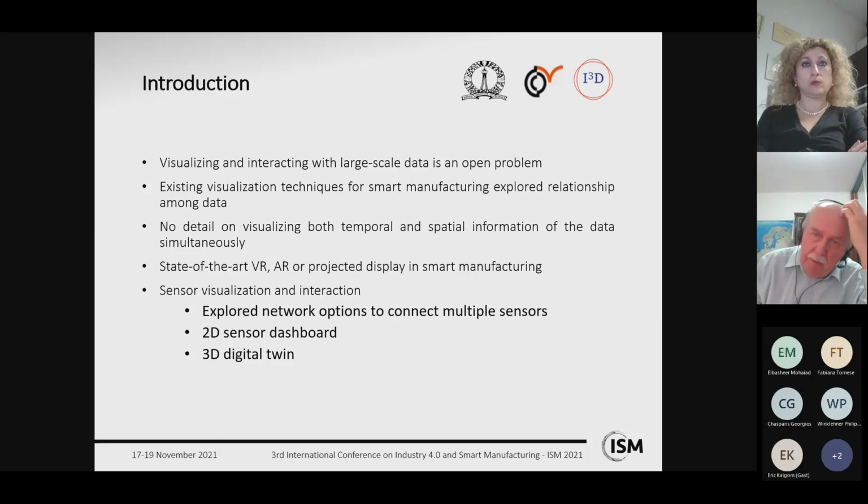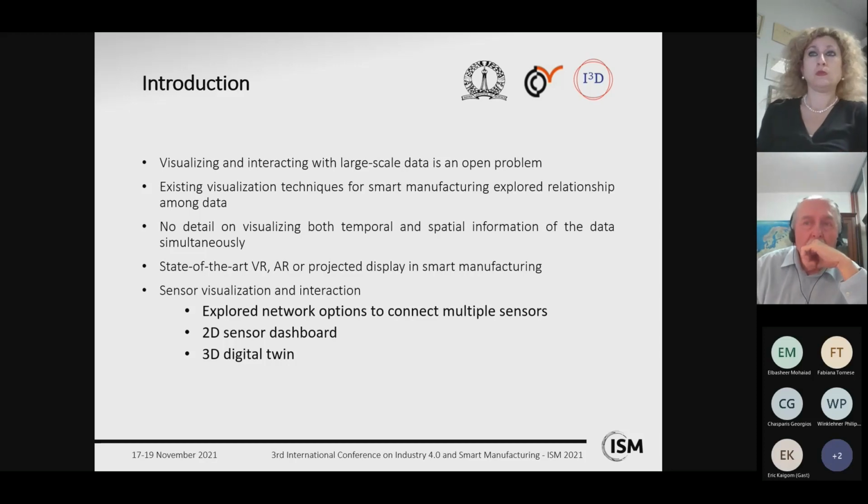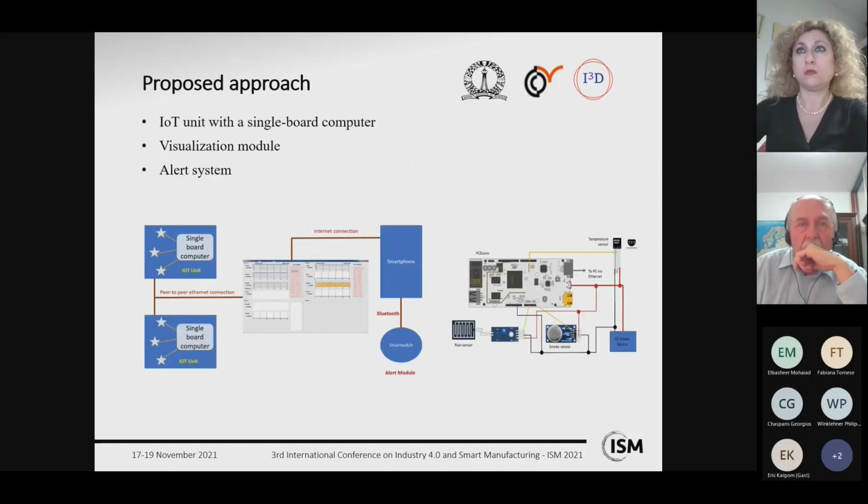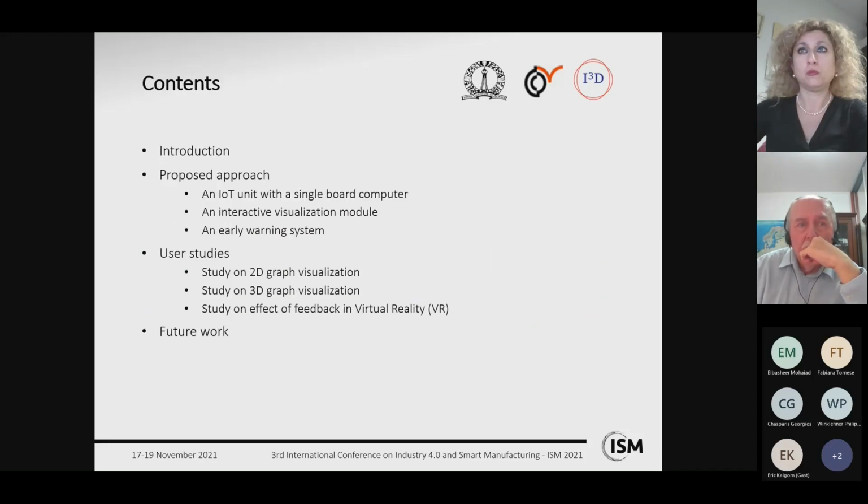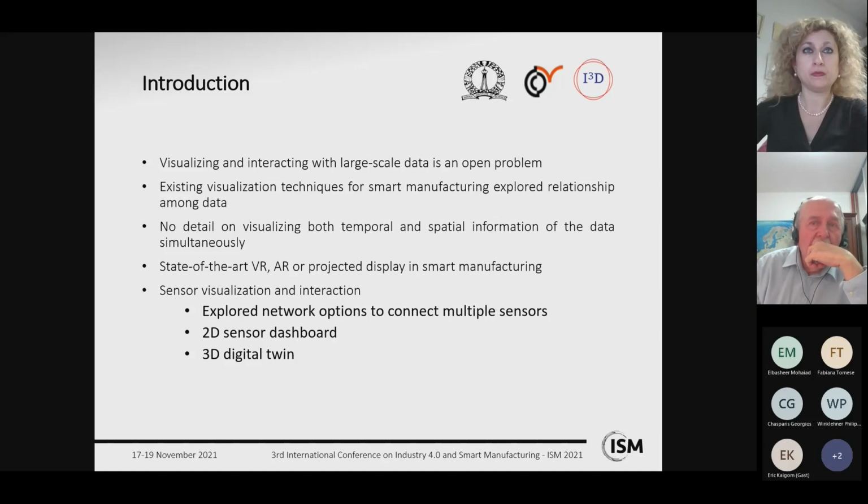existing smart manufacturing setups at Cranfield and Sheffield universities are exploring state-of-the-art virtual reality and augmented reality to explain the individual components or working principles of complex machines, but these systems and displays are not exclusively studied or used to visualize sensor data. So what we did, we explored and addressed the problem of large-scale sensor visualization and interaction from the following